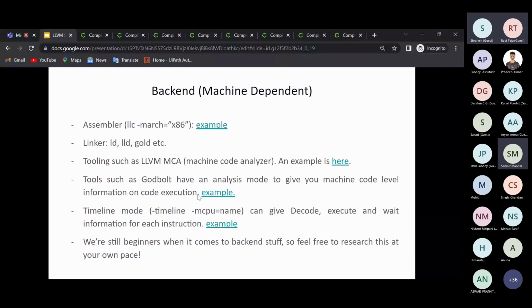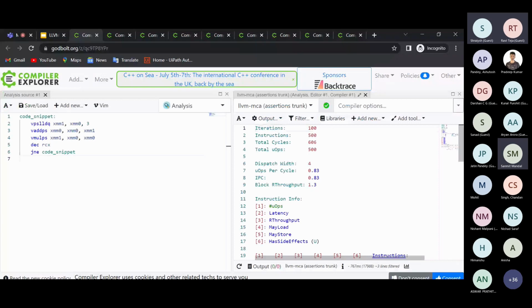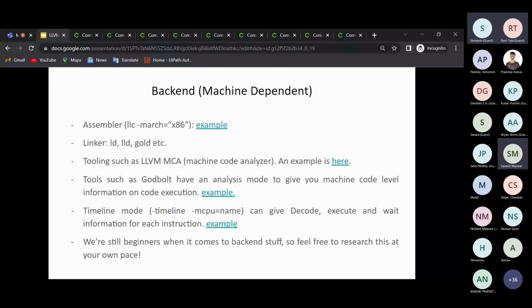There are multiple tools, but as I am not personally much experienced with the backend, I don't know what these different statistics mean. But there is a huge number of tools for us to explore the backend too. There is a timeline mode, which tells you how long each instruction took in the CPU's instruction pipeline, in the decode, execute, and wait stages. But we are beginners coming to backend stuff, so feel free to explore this on your own.